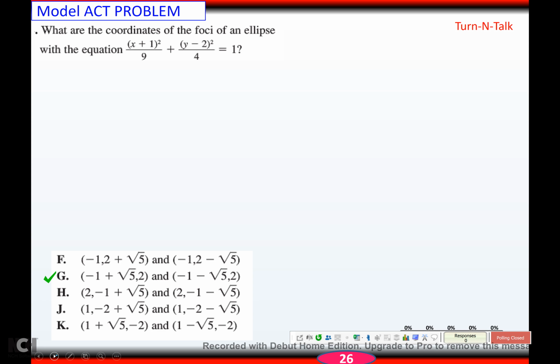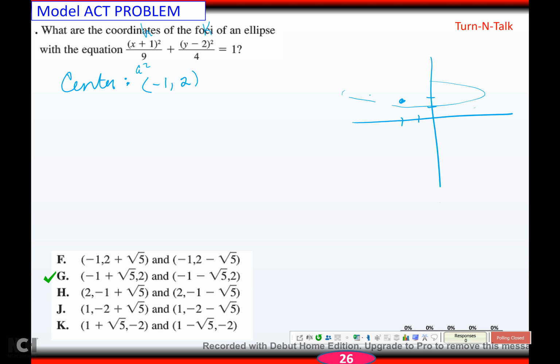And hopefully you got G. What are the coordinates of the foci of an ellipse with this equation? Well, first of all, I need a center, which h is negative 1, k is 2, so my center's at (negative 1, 2). Okay? And I kind of like to draw myself a little sketch. This is a squared, it's under the x squared, so my ellipse is going to go long ways. Alright, so my foci,